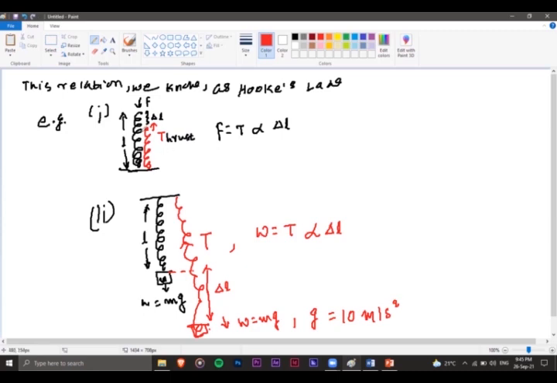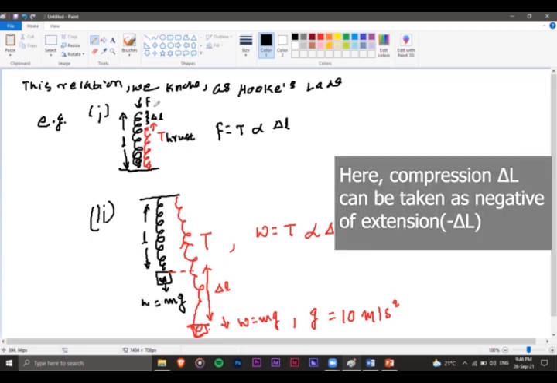Here we assume that the spring has zero weight itself, or we can call it a light spring. In both cases, F is the external force which caused the deformation in the shape and size of the spring. So F as an external force is also called the deforming force. And due to this force, there is a rise of thrust opposite to and equal to the force F. And therefore, we can say that in this case,